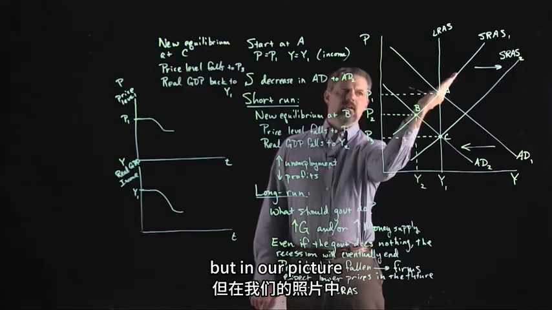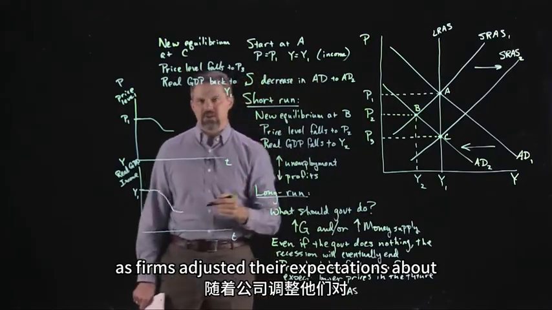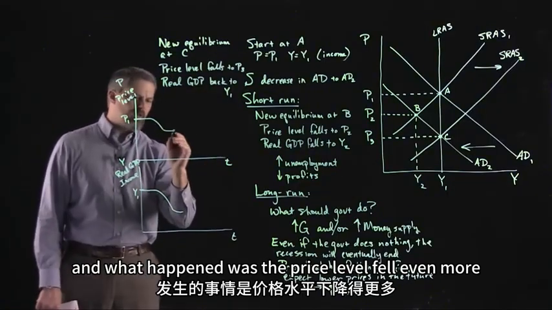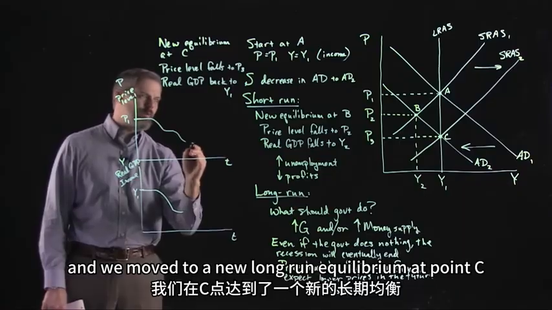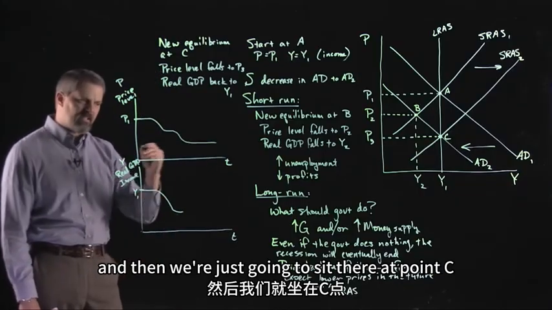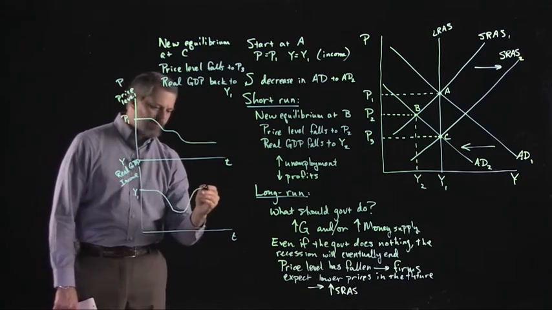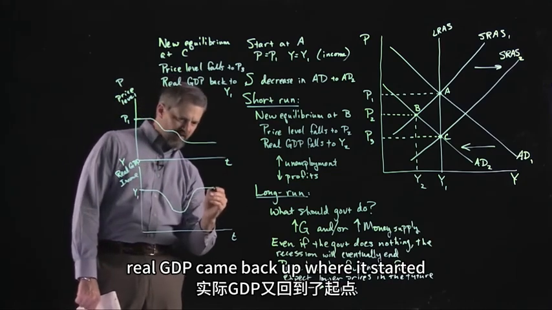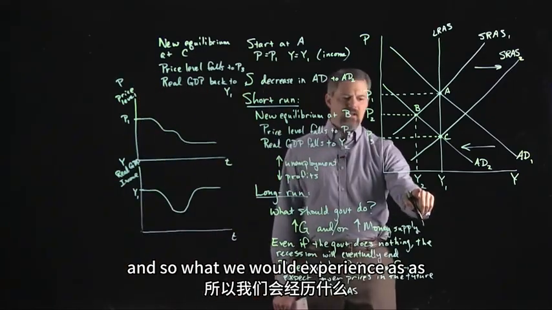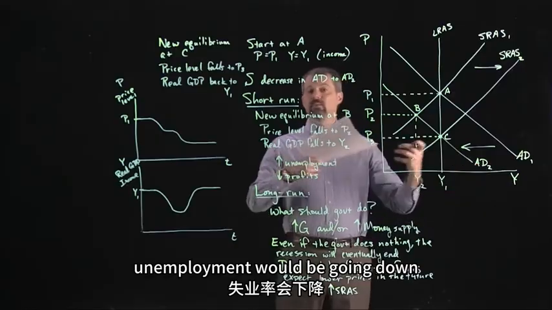But in our picture, over time, the short-run aggregate supply curve shifted to the right as firms adjusted their expectations about the price level. And what happened was the price level fell even more, and we moved to a new long-run equilibrium at point C, and then we're just going to sit there at point C. In terms of incomes, real GDP came back up where it started. And so what we would experience as real GDP goes from Y2 back to Y1 is that unemployment would be going down,